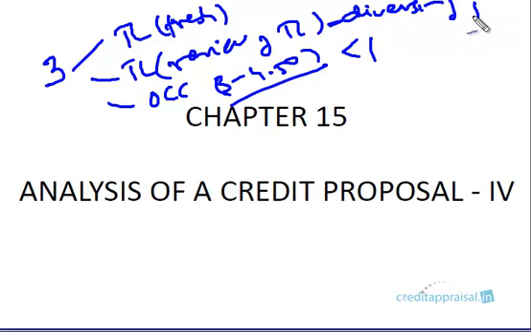So we are seeing complex cases so that you are familiar with such cases, right? If everything is fine, that doesn't require a lot of focus from the point of view of credit officer. But we have looked at complex cases so that when you come across those situations, you can spot them, okay? And then you know what to do, and then you can take a decision as to what needs to be done, right? So in this final case study, we'll be discussing also working capital request,